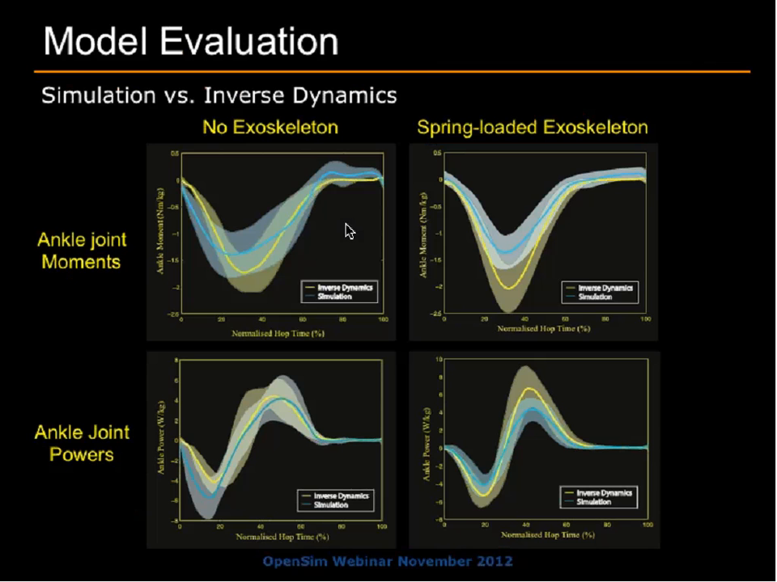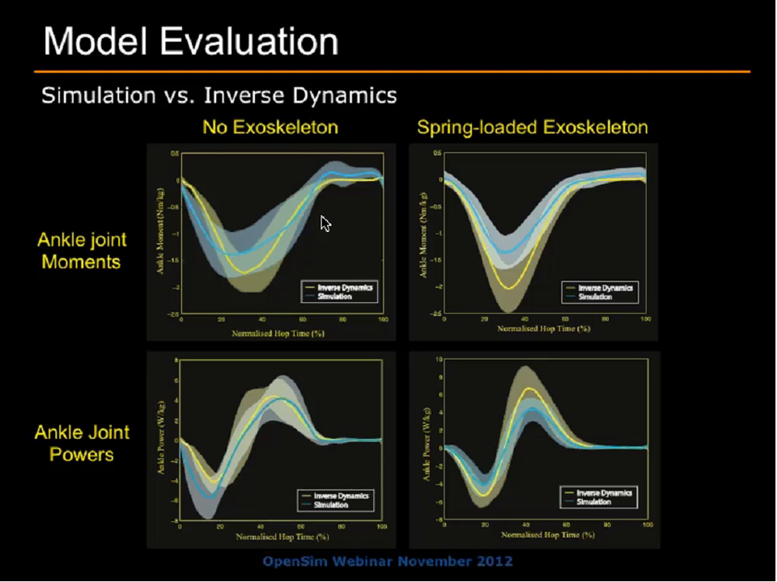On the top 2 panels are joint moments for the ankle, and the bottom 2 joint powers. The blue lines represent the results of the muscle tendon dynamics simulation, and the yellow lines the results of the inverse dynamic solution. And what you can see here pretty much across the board for moments and powers was very good temporal agreement between inverse dynamic solutions and simulation results, with generally slight underestimates by the simulation of moments and